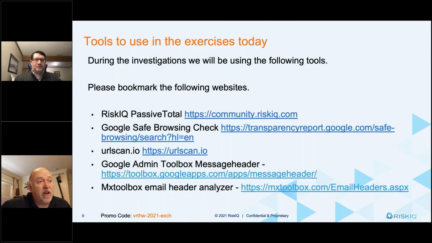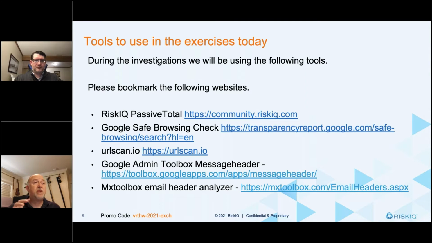So today, some of the tools that we're going to be using will be RiskIQ PassiveTotal, but we don't just stay there. We know that threat investigators need to be able to fully investigate and use all the tools at your disposal. Some of those are free tools that other people make. And I always want to make sure that when you walk away, you have the skills and the experience necessary to do your job the best you can, with anything you can do to get the job done, because at the end of the day, that's what matters, is the results. So I want to make sure that you understand what you can do, not only within our tools, but what you can do with other tools to combine those together to give you the best outcome possible.